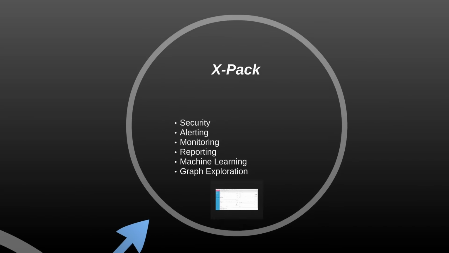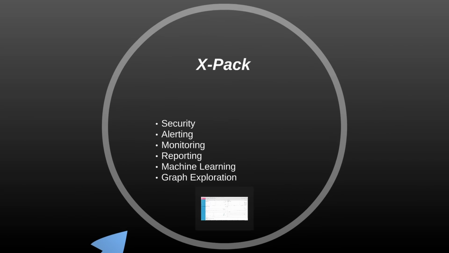Finally, another piece of the Elastic Stack is called XPack. This is actually a paid add-on offered by Elastic.co, and it offers things like security and alerting and monitoring and reporting features like that. It also contains some of the more advanced features that are just starting to make it into Elasticsearch now, such as machine learning and graph exploration. So you can see that with XPack, Elasticsearch starts to become a real competitor for much more complex and heavyweight systems like Flink and Spark. But that's another piece of the Elastic stack when we talk about this larger ecosystem.